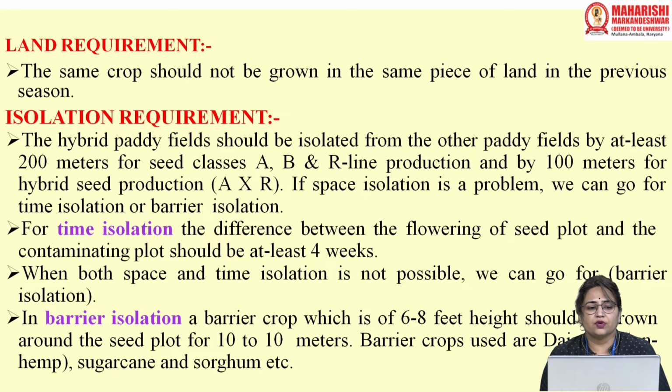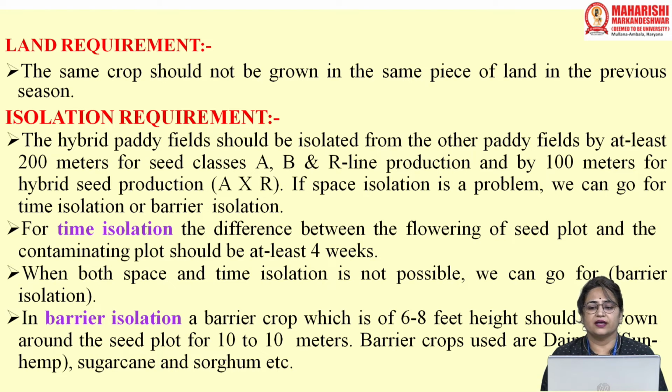Then if we talk about the hybrid seed production, again there is a land requirement as the first step. The same crop should not be grown in the same piece of land in the previous season. Then if we talk about the isolation distance, it is 3 meters in case of seed production of rice varieties. But in hybrid seed production, the hybrid paddy field should be isolated from the